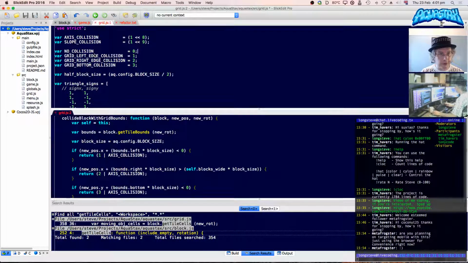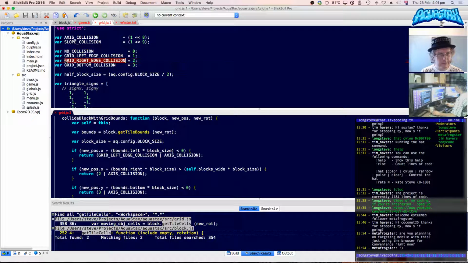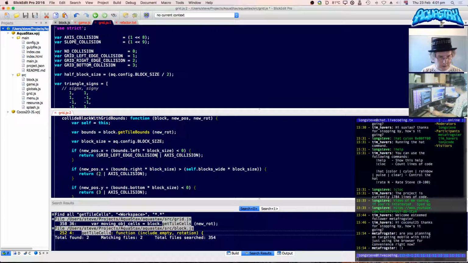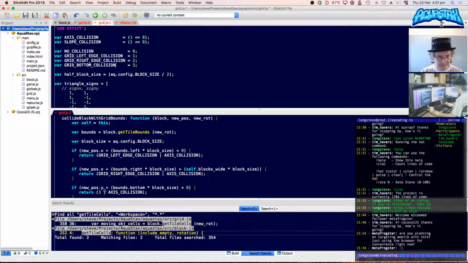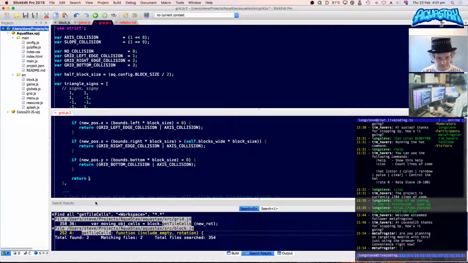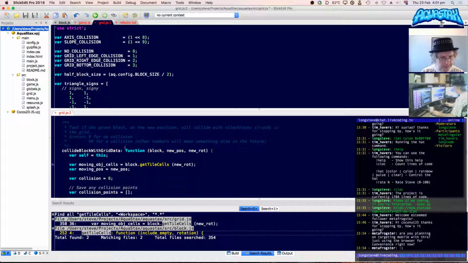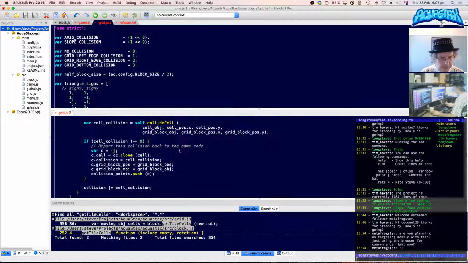So we want no collision, right? I can use that in a couple of other places too. I mean, it's going to be 0, but I'm probably going to miss a few of these as well.